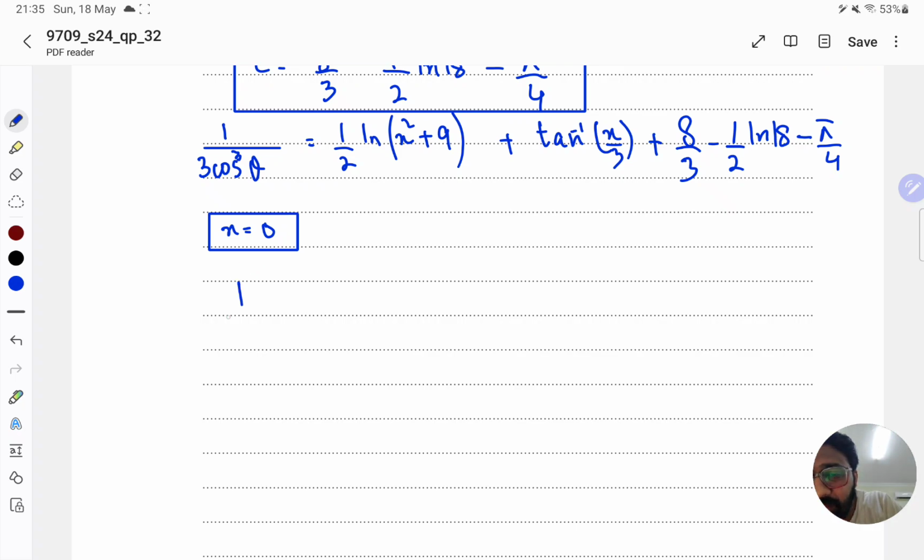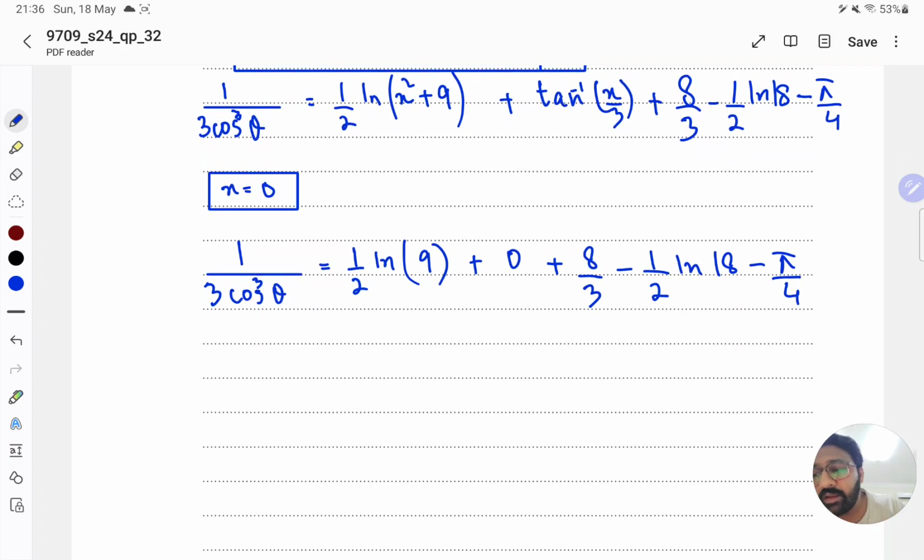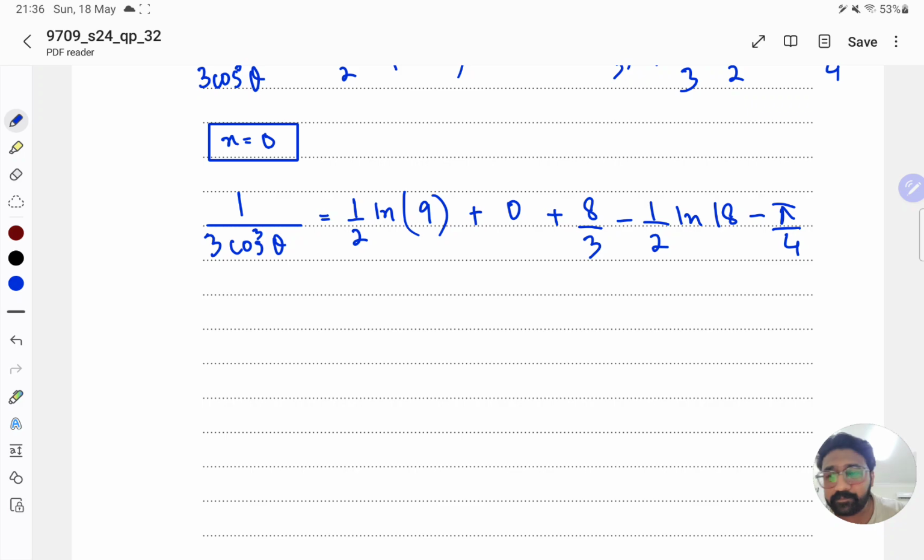So it will be 1 over 3 cos cube theta equals 1 over 2 ln of 9 plus tan inverse of 0, which will be 0, plus 8 over 3 minus 1 over 2 ln of 18 minus pi by 4. Now if I further simplify,